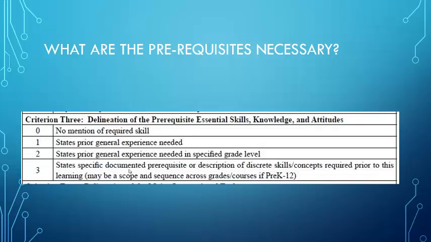A 3 states a specified documented prerequisite or description of a discrete skill or concept required prior to this learning, maybe scope and sequence across grades. Here again, I would address more specifically what the students learned in the 8th grade, and I would probably bring in some of those literacy skills as well to get that full 3. Okay, so this is what you're doing over the weekend. So just to recap,